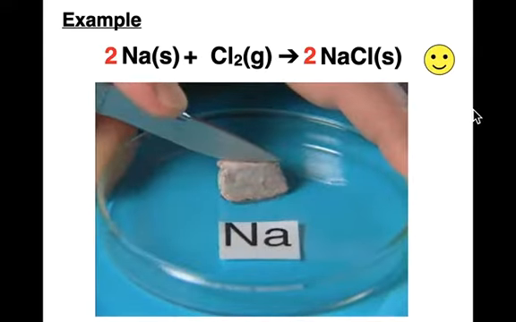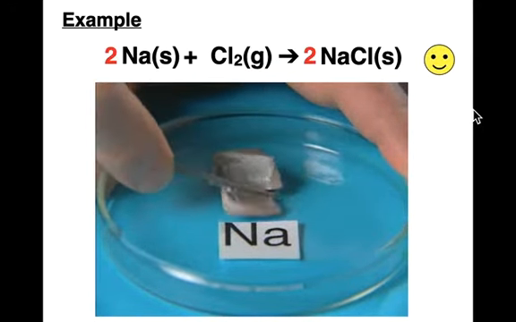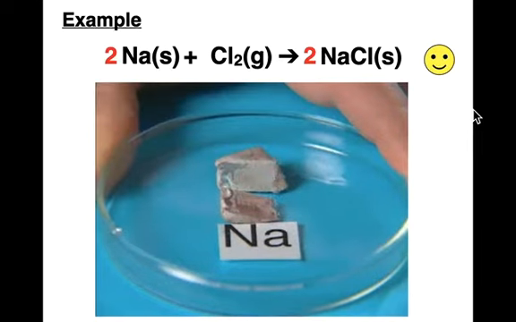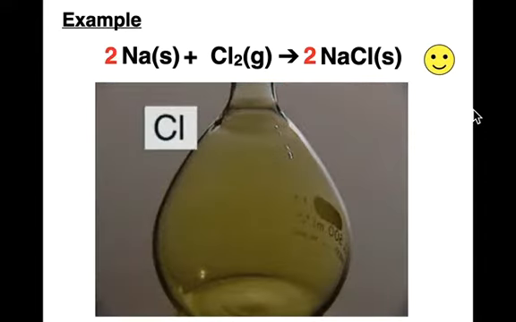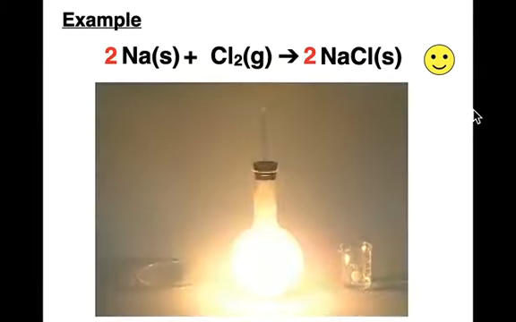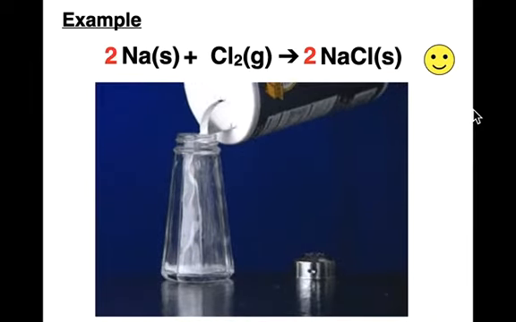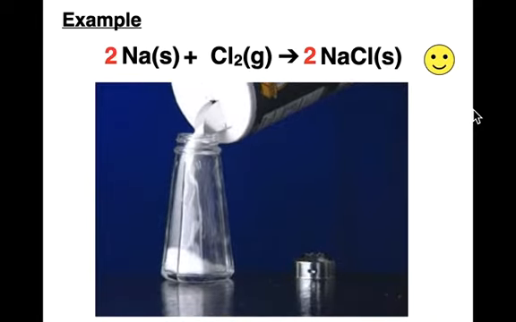Sodium and chlorine are examples of atoms that combine ionically. Sodium is a reactive, soft, silvery metal of low density. Its atoms have 1 valence electron. Chlorine is a corrosive, yellowish-green gas. Its atoms have 7 valence electrons. When mixed, the 2 atoms combine explosively as an electron moves from each sodium to each chlorine atom. A closer look at the resulting product reveals the formation of small white sodium chloride particles, also known as table